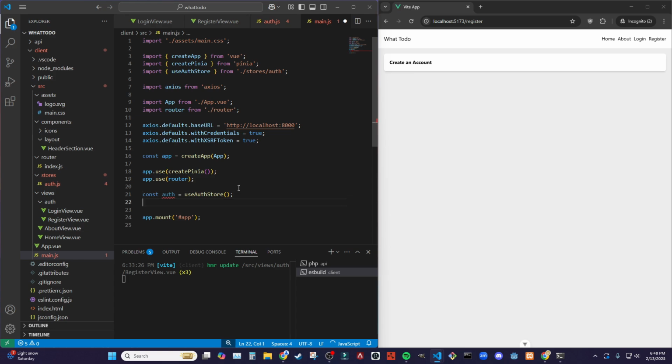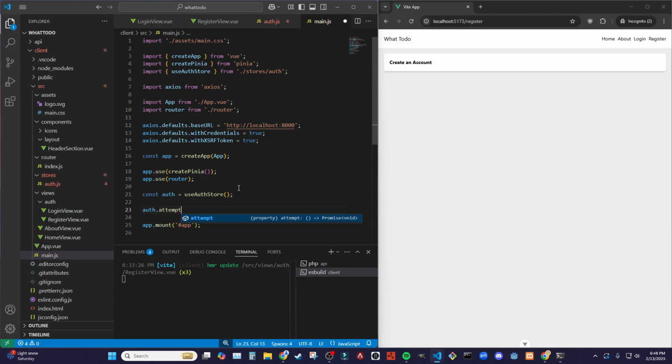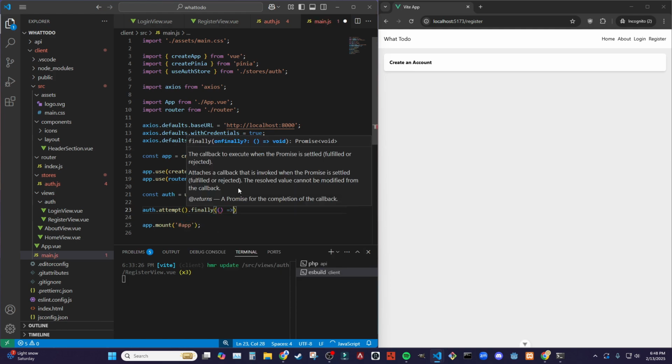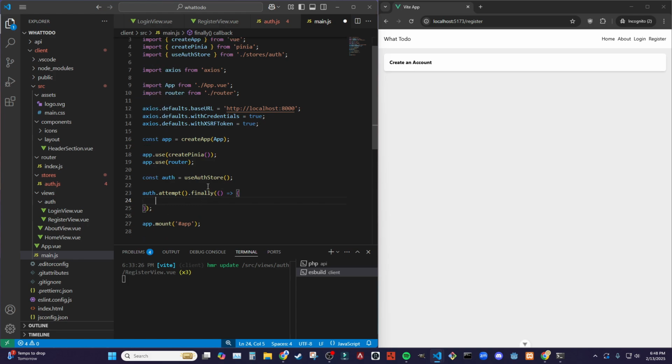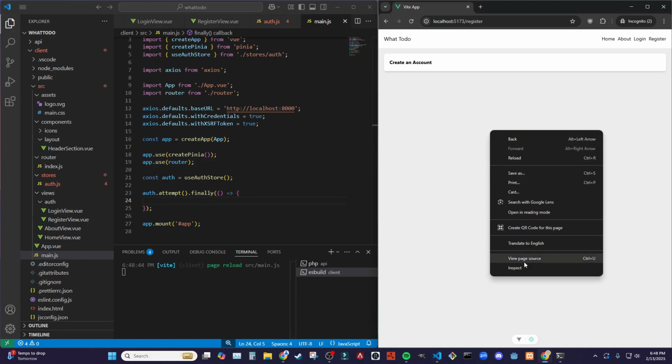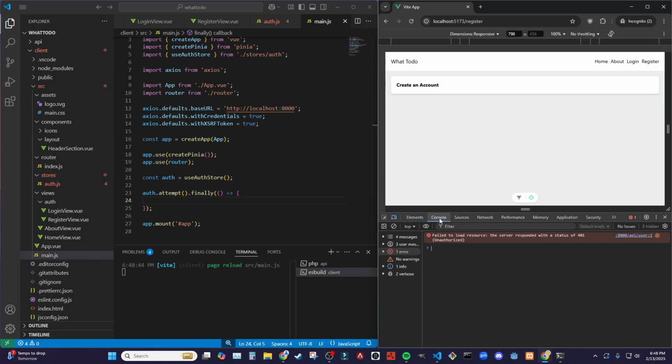So what we're going to do is say auth.attempt, which is one of those methods. And then we'll say finally, we'll pass back a function. And this way, once that attempt is finished, we could perform some action. Don't worry about that right now. And then we're going to mount the app. So let's save that. And if you open up your dev tools and you open up console, you can look